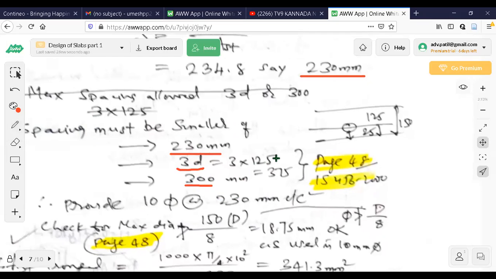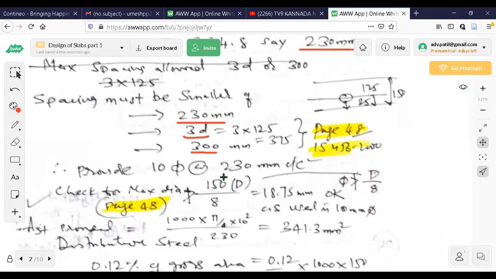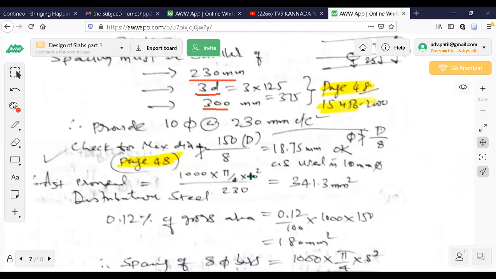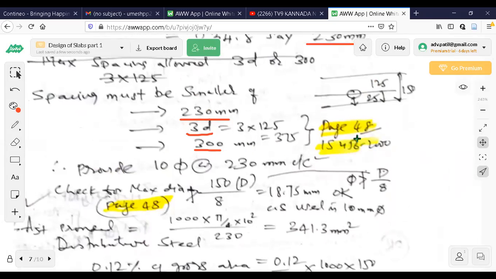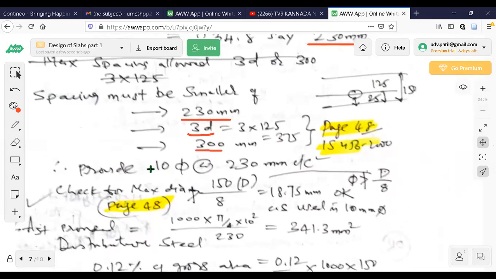So after checking for this condition, I'm going to provide 10 main bars at 230 center to center. Now the diameter check. This is on page number 48. If you forget this condition, it is on page number 48 only. This condition says spacing should not be more than these possibilities. Next is